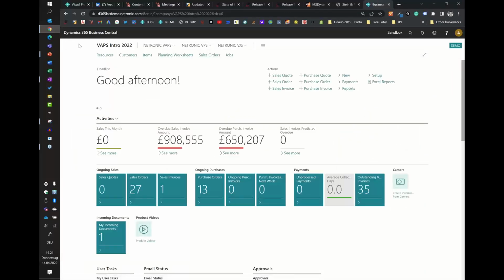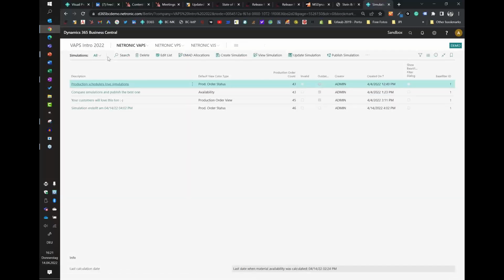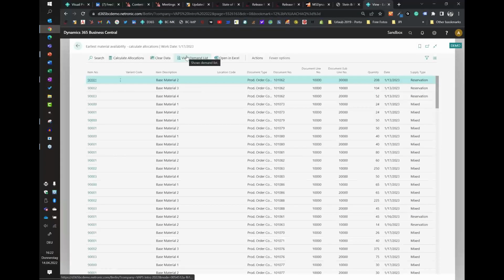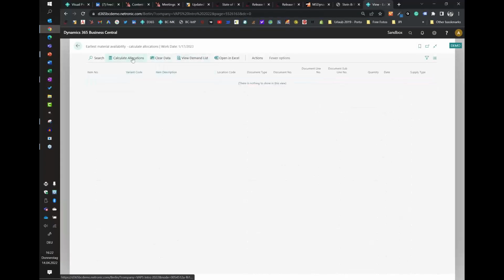So now let's actually look what is new in VAPS. And in VAPS, let's go to the simulations area. What is new in VAPS? As I said, a couple of changes to the EMAT allocation. So EMAT stands for earliest material availability date. So with the VAPS, we give you the capability to actually calculate an availability date for the components needed on a production order line. And the first thing that you will recognize, let me clear the data, when you calculate,